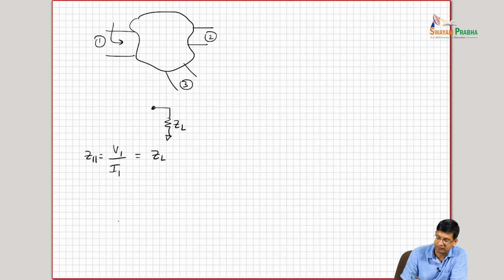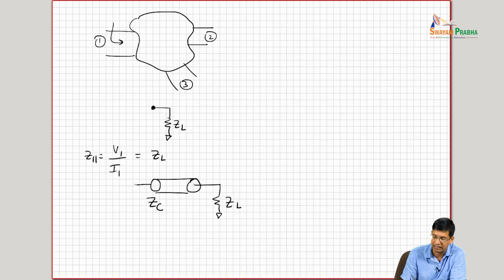But when I'm trying to measure it, I'm not able to access this point exactly. So let's say that I have some sort of interconnect going to ZL, and this interconnect has some characteristic impedance ZC. I end up then with a situation where what I see over here, let's call it Z11 now, that I would be measuring,